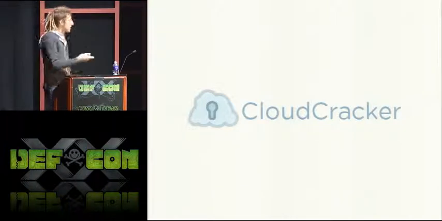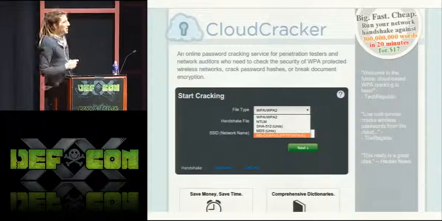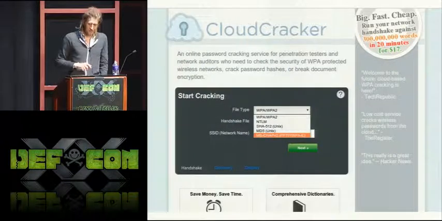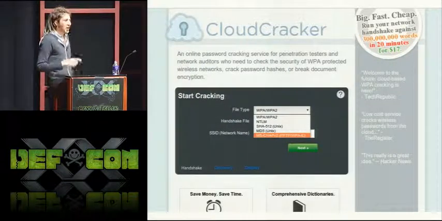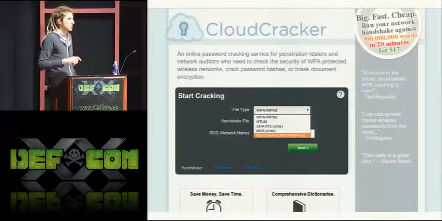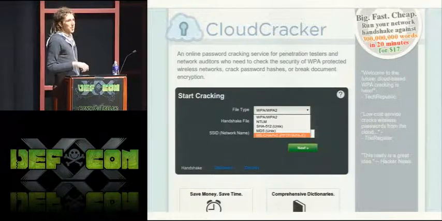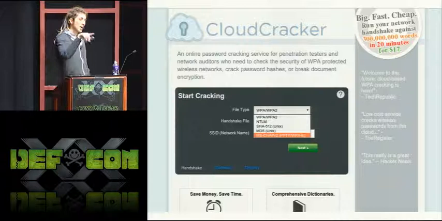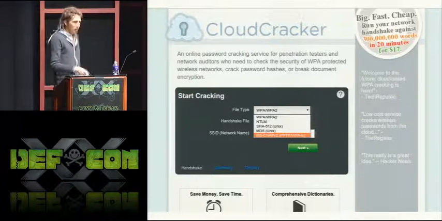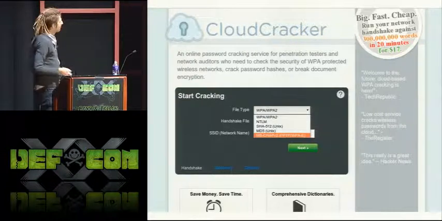And so what we've done is added a MS-CHAPv2 option to Cloud Cracker. So if you have any kind of MS-CHAPv2 handshake, you can run CHAPcrack over the handshake, get that Cloud Cracker submission token, and paste it into the website here.